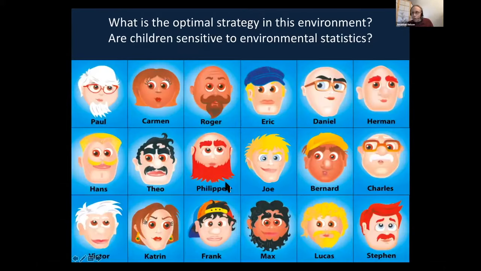Now, what if I had shown you this set of faces and asked you what would be the most useful first question? Again, it's the same story. One face has been picked at random, and you're trying to figure out which face it is. And let's suppose your goal is to use a strategy that on average will minimize the mean number of queries that you need to figure it out.